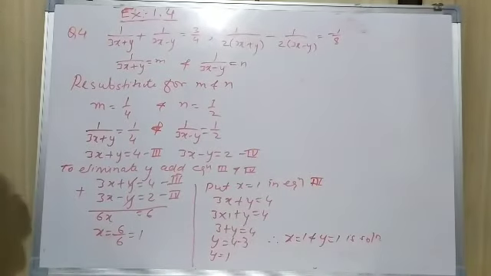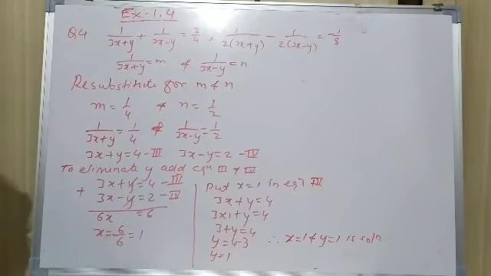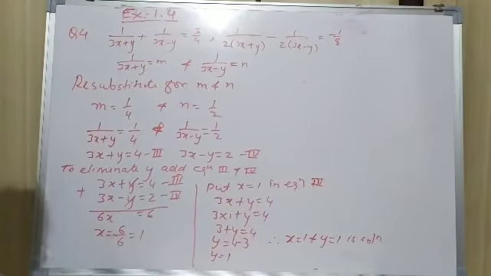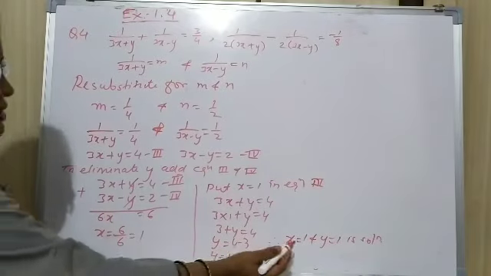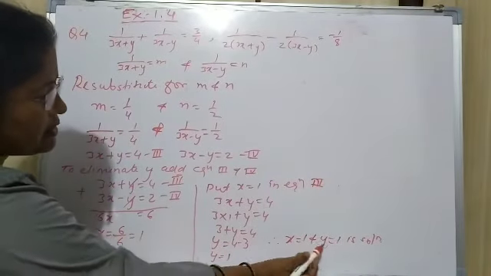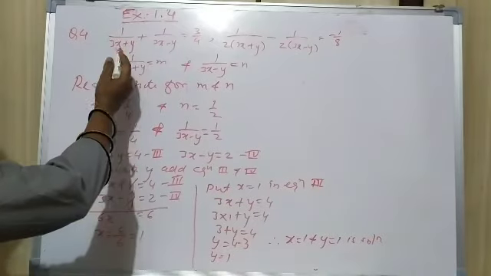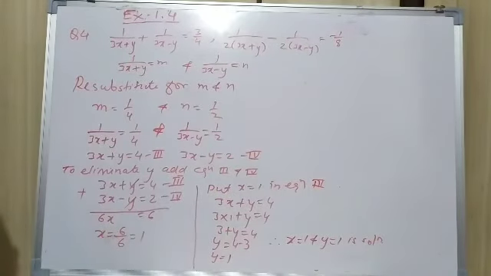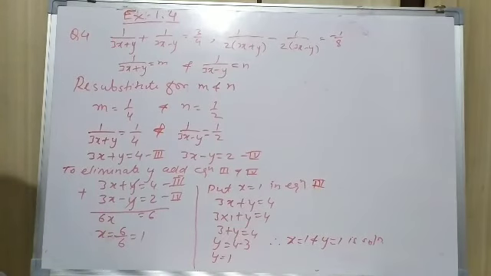Now similarly, the third and fourth questions of exercise 1.4 are also given. The first and second are easy, you can solve them yourself. If you want to check your answer in the solved question, the values you got here for x and y, you can substitute in either equation 1, this one or this one. You just check whether LHS is equal to RHS or not. You can confirm and check your answer from there.